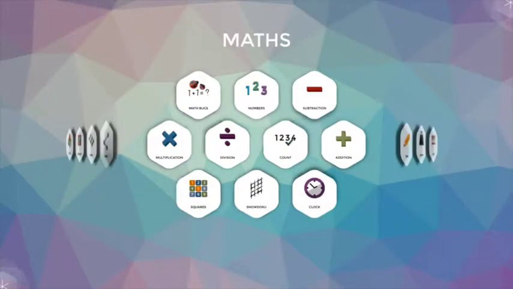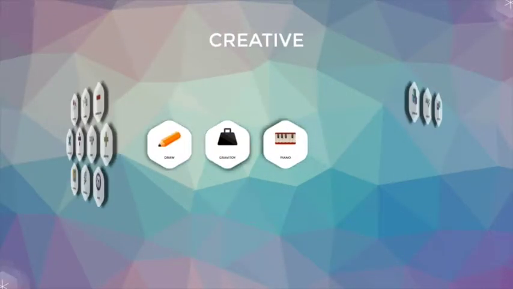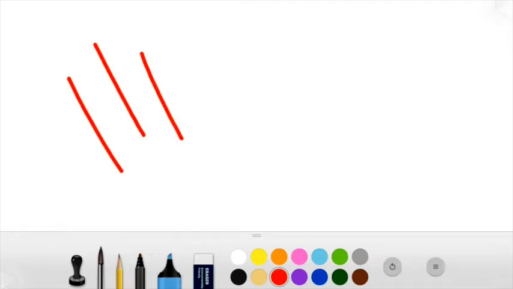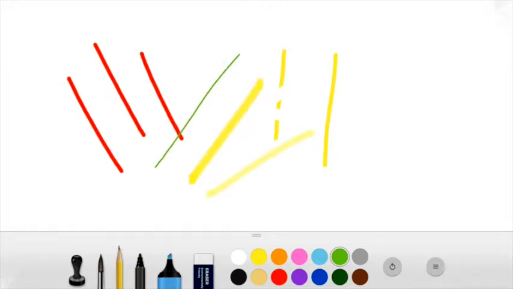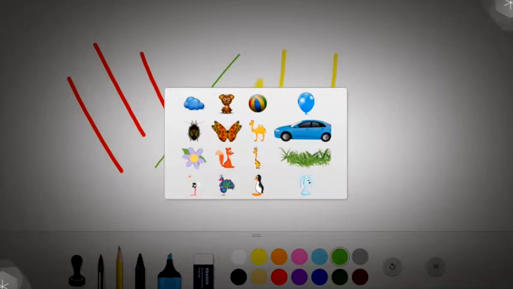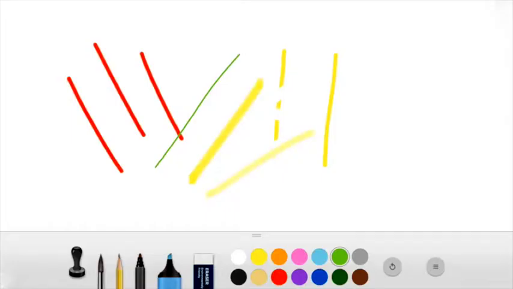Then I go to the next category, and I want to show you the draw application. As you can see, it is a truly multi-user, multi-touch interface, so you can interact with multiple fingers at the same time. You can change the colors, you can erase things, you can select different brushes, and again different colors. And on the left side you also have a stamp option, so here you can import images or stamps. So I click on the cloud and